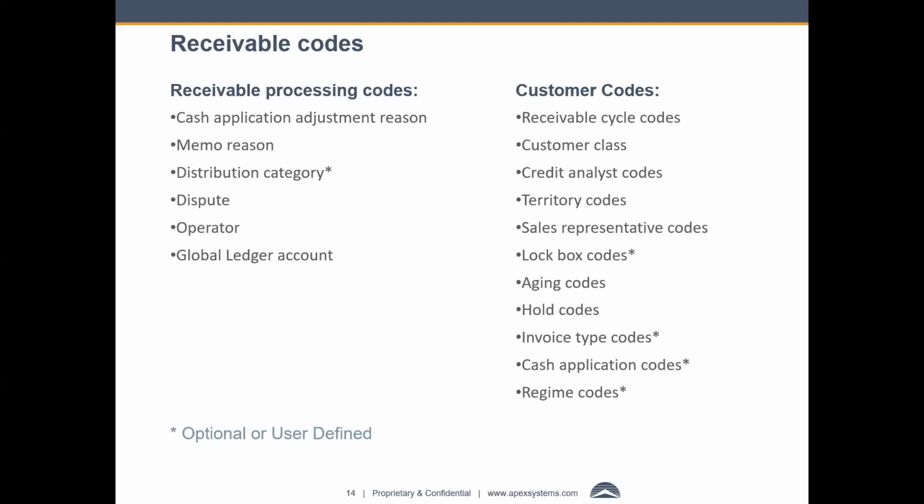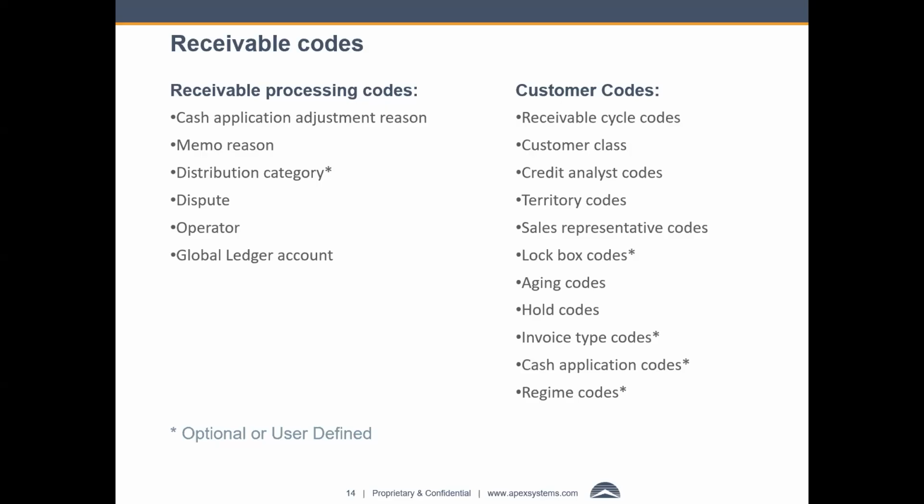There's a cash application adjustment reason code, and this is a reason code that is used to populate general ledger accounts and to set review requirements for cash application adjustments. In summary, you assign these codes to adjust cash application. There's a memo reason code, which describes a debit or credit memo during a transaction entry. A distribution category is used to speed up manually defined transactions. Mind you, the asterisk shows that this is optional, but it does help streamline a lot of the